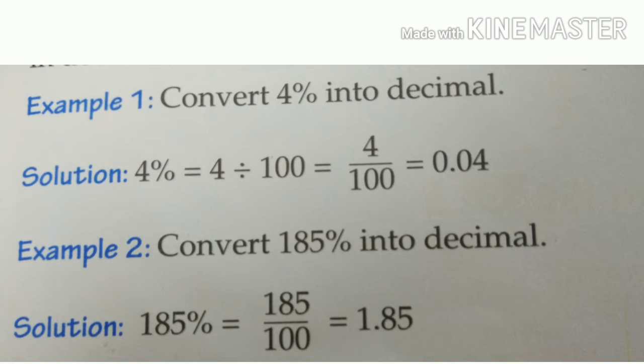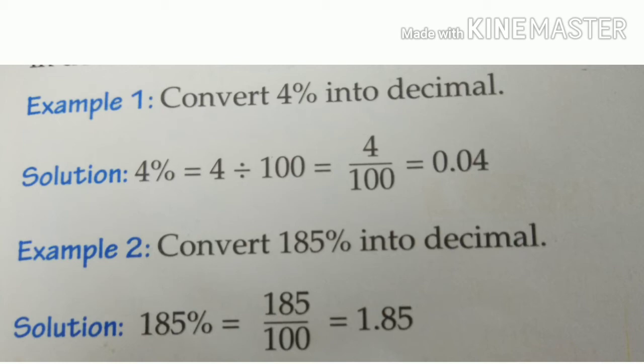Very simple. First we will remove percentage sign by dividing it by 100. So let us divide it by 100. 4 divided by 100 is equal to 4 by 100. Now we can see in denominator there is 100. And in 100 there are 2 zeros. It means after 2 digits there will be decimal point. So first we will note down numerator, and numerator is 4. So we will make it 3-digit number by putting 2 zeros. So we can write it as 004.